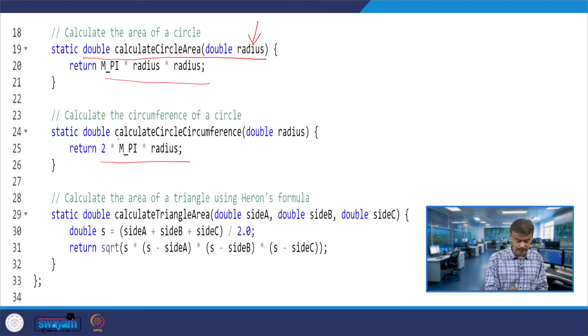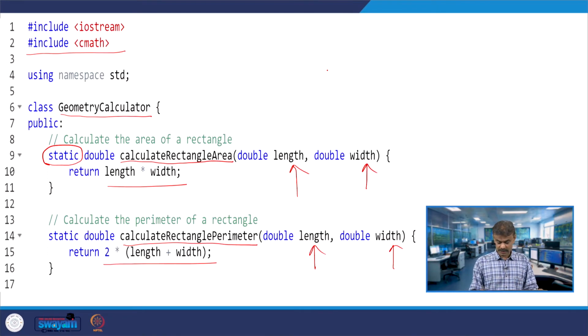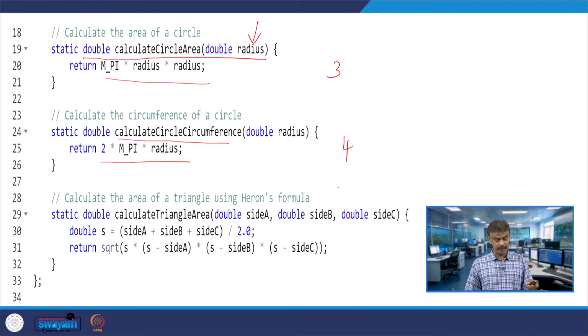So, that is another function, this is the fourth function. This is 4, this is 3, previously we have this is 2 and this is 1. So, we have seen 4 member functions, and the fifth one is calculate triangle area, area of the triangle. When you have side A, side B and side C, 3 sides will be there for the triangle.